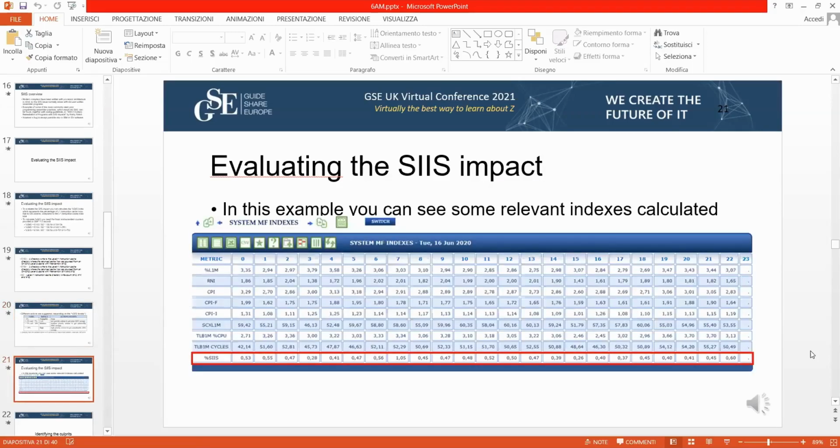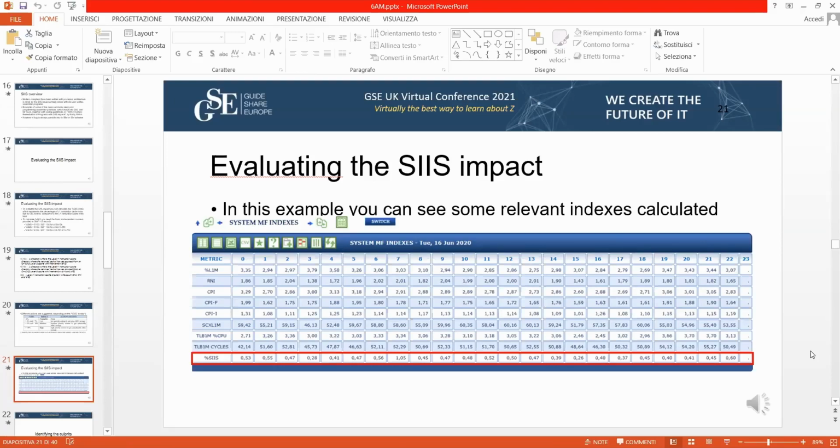Okay, so this is a table taken from our tool. And you see that the last row, the one circled in red, contains values. In this situation, we see that the value is always very low. So in this real example, this could be, let's say, skipped.